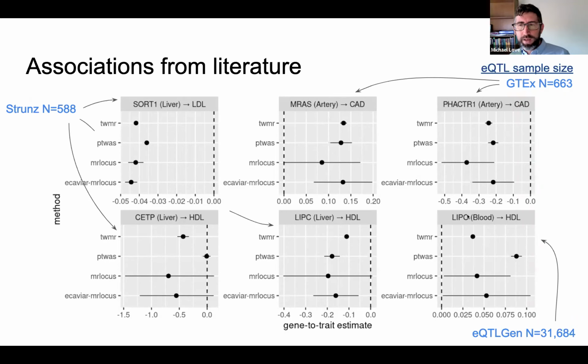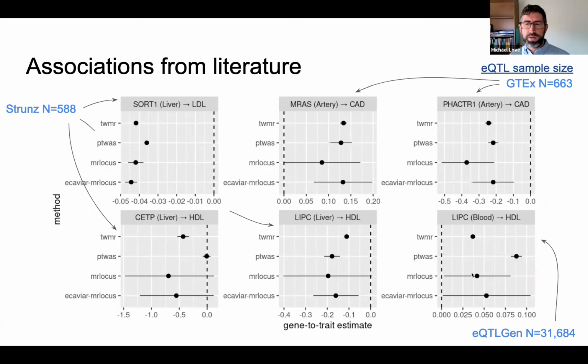I want to highlight down here, this is LIPC as measured in liver and its effect on HDL, and the effect size is negative. That's expected given our understanding of how LIPC works, right? It would make sense that more expression of a liver lipoprotein enzyme goes with lower HDL levels. And then if you look in blood, the effect sizes actually swap. So I think what's going on here is